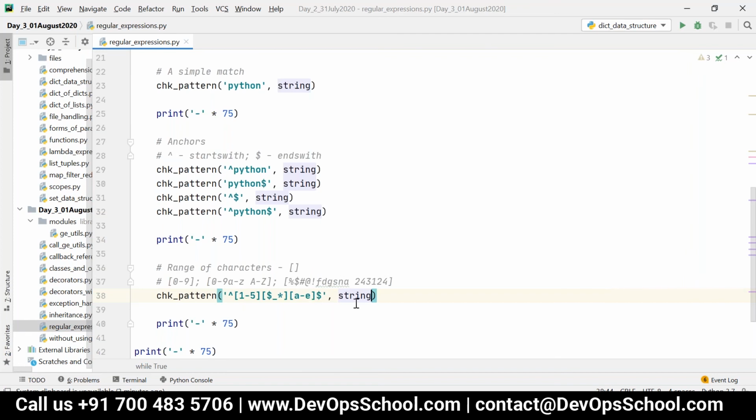It will match a string which contains 3 characters. The first character should be a number between 1 and 5. Second character should be any one special character out of these 3, and last character should be an alphabet between A and E. So whenever you use square brackets, whatever characters you specify within them, it will match only one character out of it.